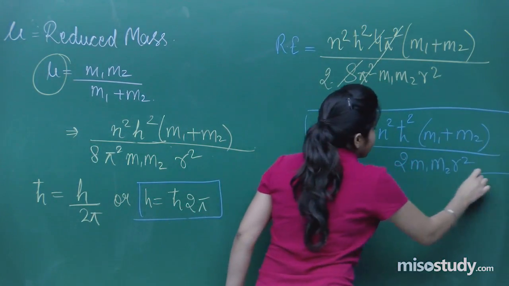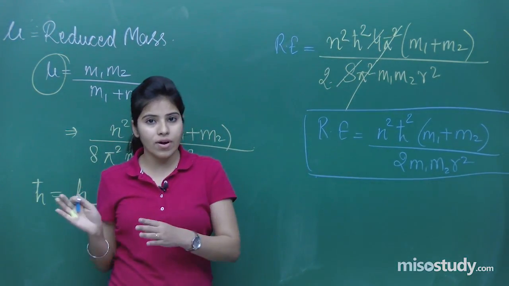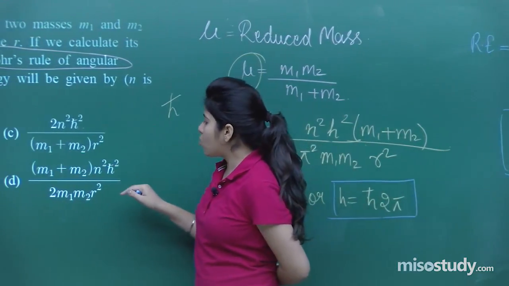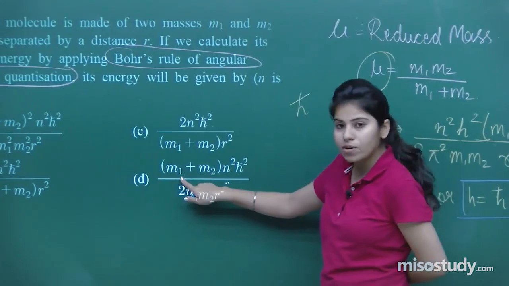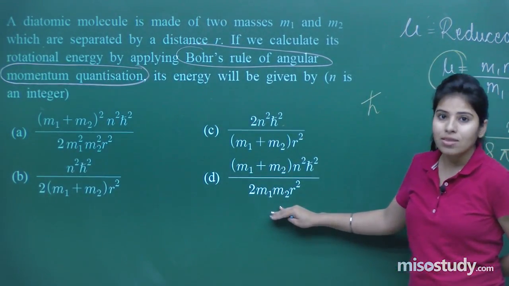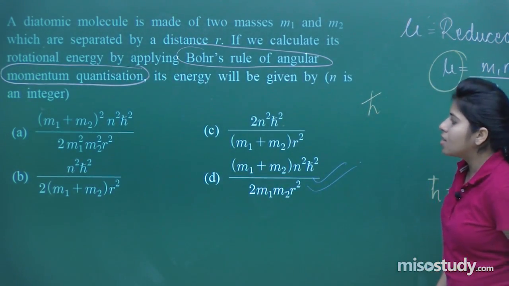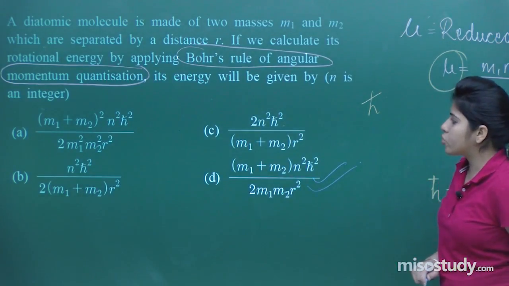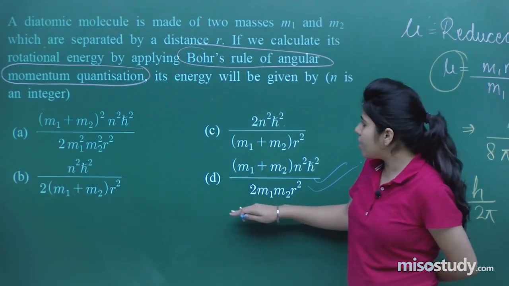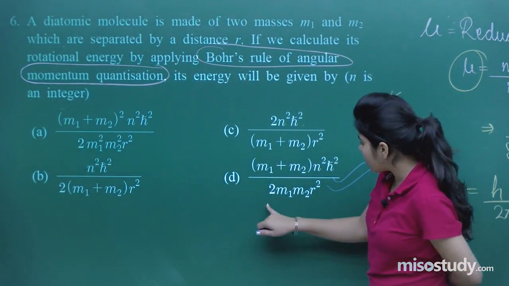This is our final rotational energy, and we are now going to verify whether this is correct or not. So n square h cross square upon 2, into (m1 plus m2) divided by m1 m2 r square. That means this must be the correct option that is available in these options, right? Okay, what I can just see over here is m1 plus m2, n square h cross square by 2 m1 m2